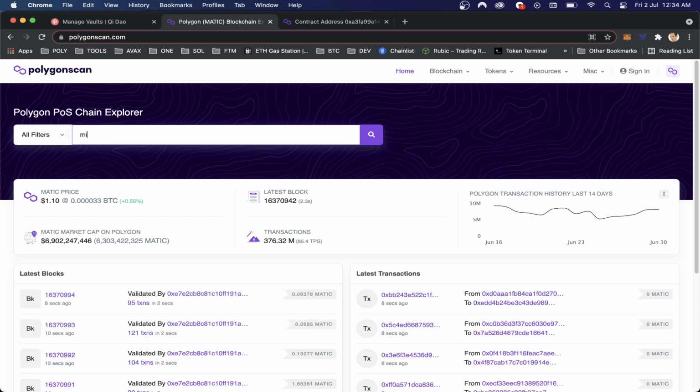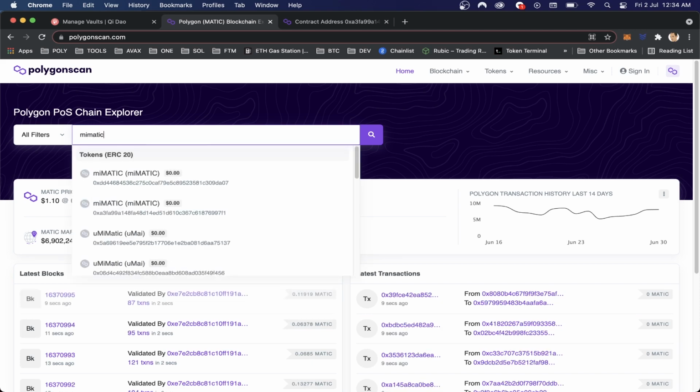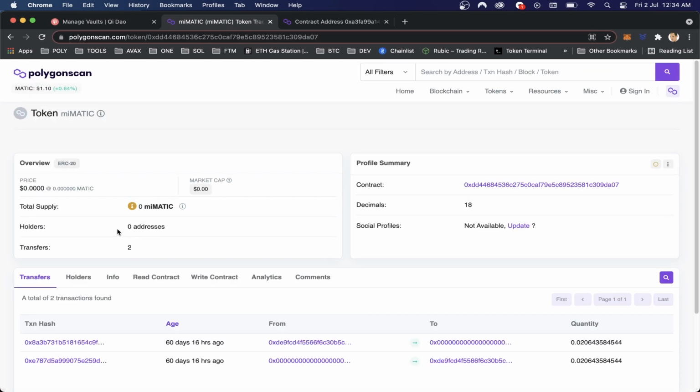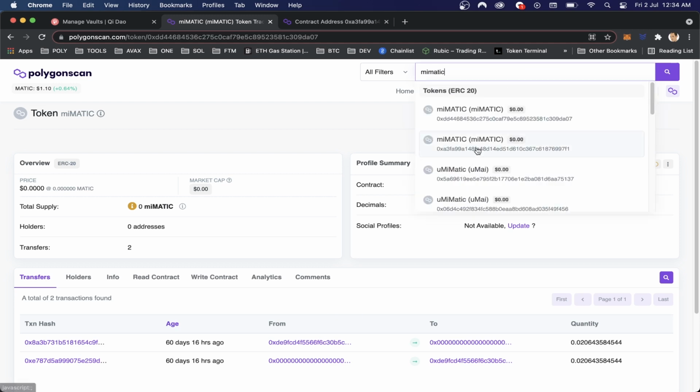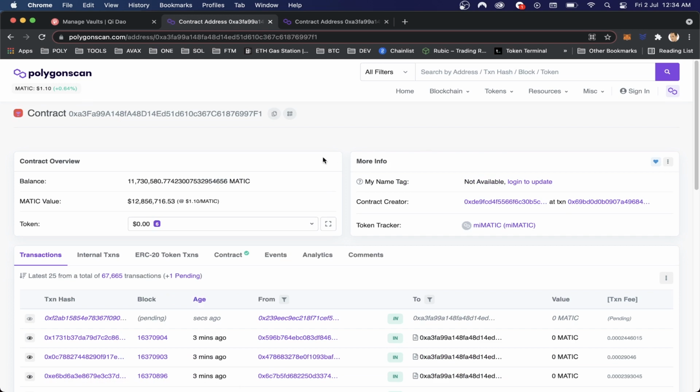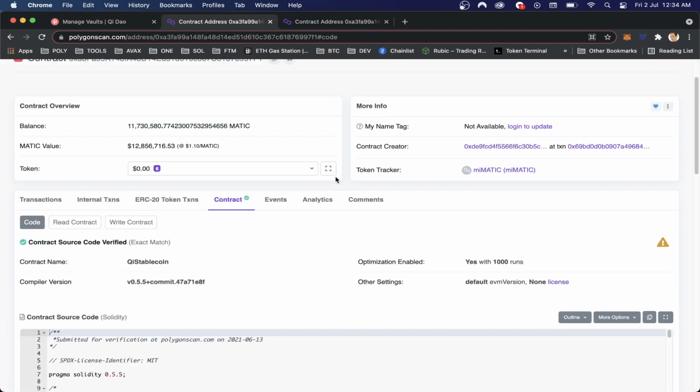So the first thing we want to do is search for Matic, which is the token. In this case, if we search the first result, we see we've got a token with 0 addresses, so we want the token with all the addresses. So if we choose the second option, we can see 2,512 addresses, and then we can see the contract which this is using. If we click this, then we are brought to the contract page. This is the contract for the minting of Matic,